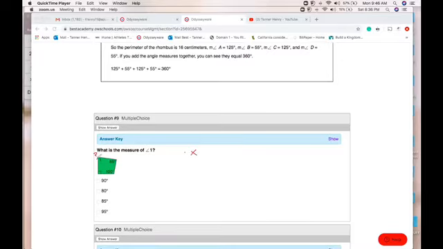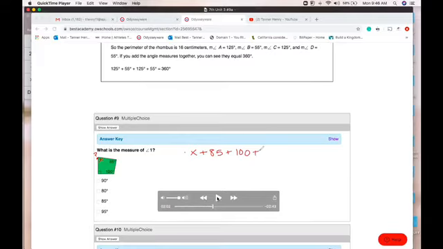Number 1, it says, what is the measure of angle 1? So we're trying to find essentially what angle 1 is. We can put X. So let me pause this real fast. I did this video a little different. So we know that a quadrilateral adds up to 360. We did that in Unit 1. So essentially we just have to make sure we add everything that we know together in the quadrilateral and then